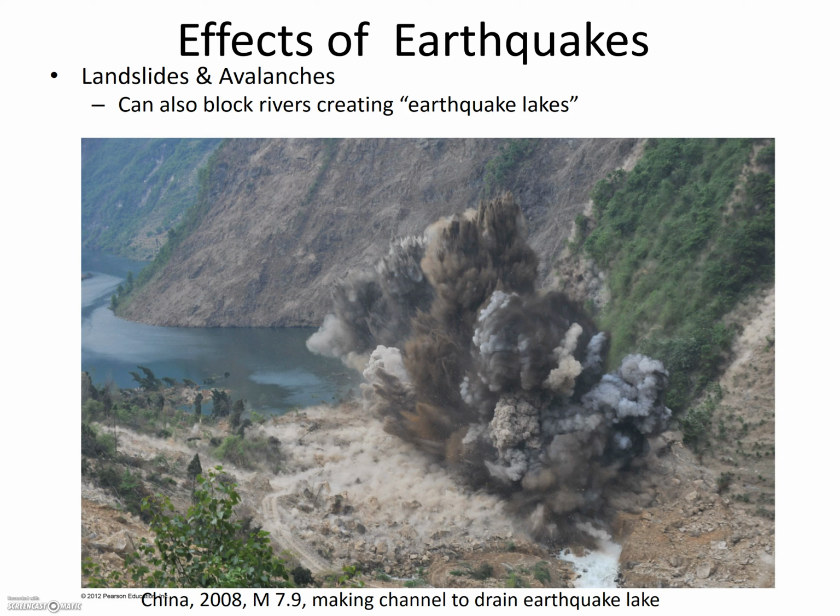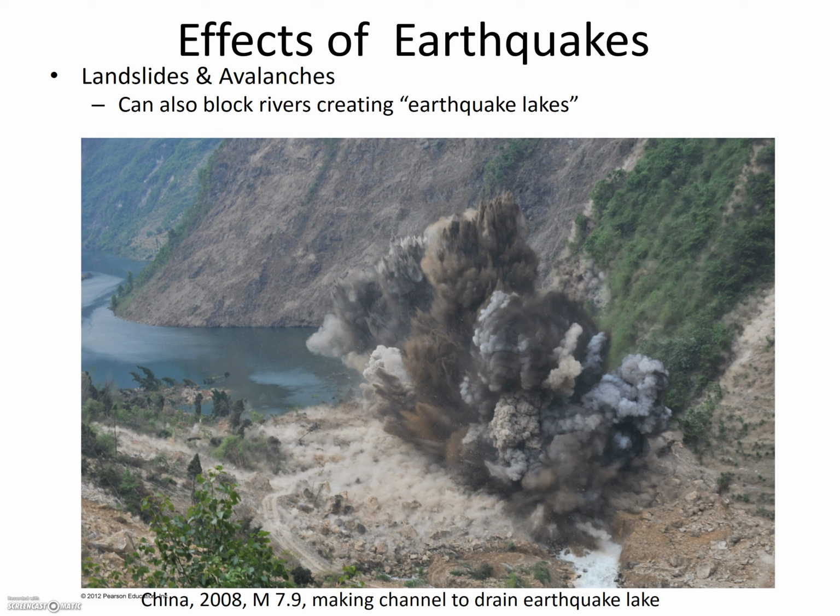Landslides can also block rivers, creating earthquake lakes, one of which is being exploded in this picture, China, 2008. Moment magnitude 7.9, making channel to drain earthquake lake. The dam is not stable, so they are exploding the dam so it does not fail later, causing a catastrophic